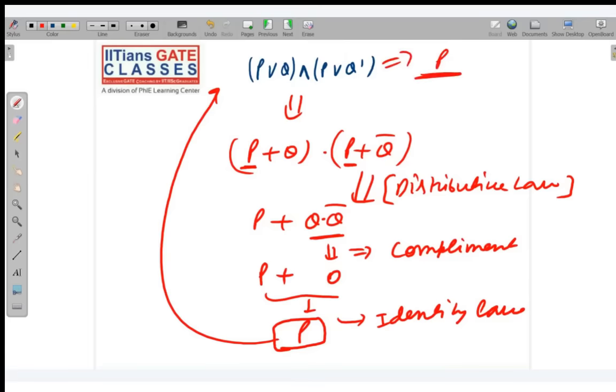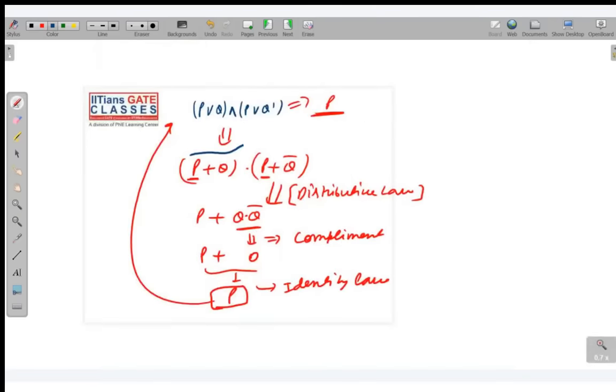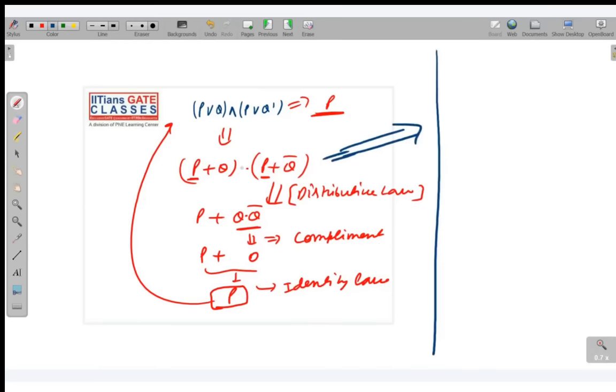Okay, and if you are not able to follow the distributive law and all, then you have to do clerical work. Clerical work means what? You just try to open the bracket. If you open the bracket, what will you get? Let me show you here itself. So what will you get finally? Let me make an arrow here. So P dot P will be P. Okay, let me write it. P dot P plus P dot Q bar